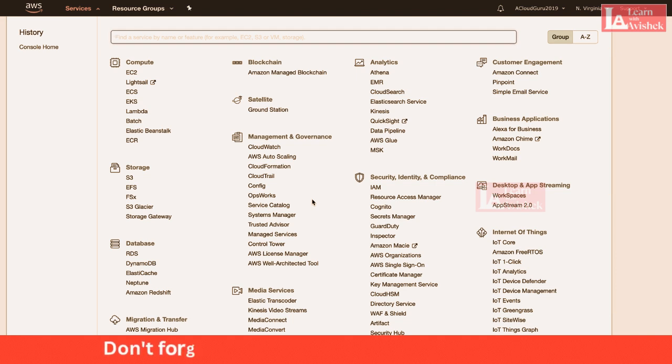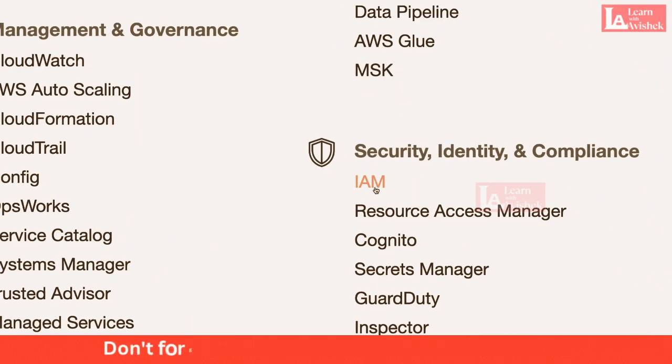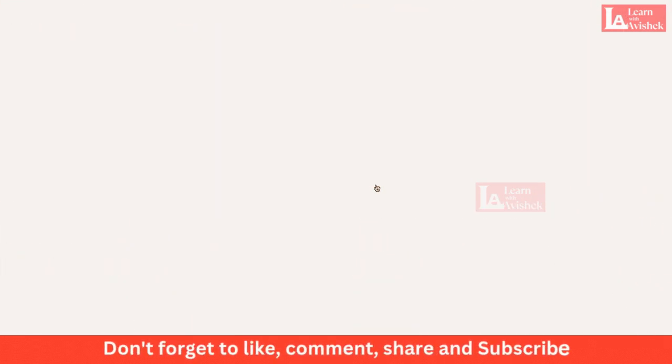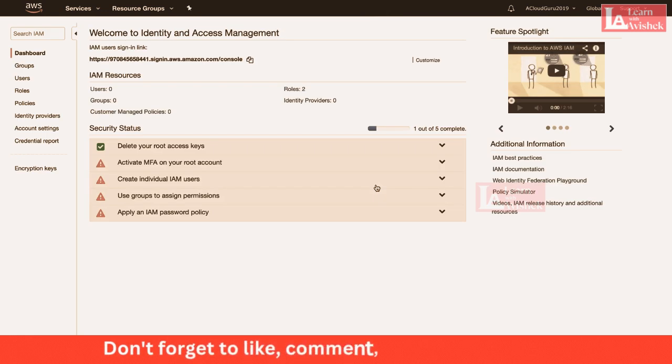Now, we're looking for security. You can see it here. It's got the little shield, so security, identity, and compliance. And what we're going to go ahead and do is click on Identity Access Management, and that will take us to this splash screen. And you'll be able to see in here that this is the landing page. Now, you've got a sign-in link. This is the link that you can send to your users. It's simply your account number, then